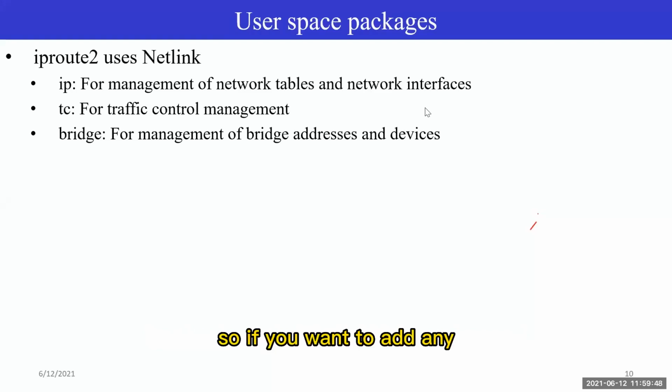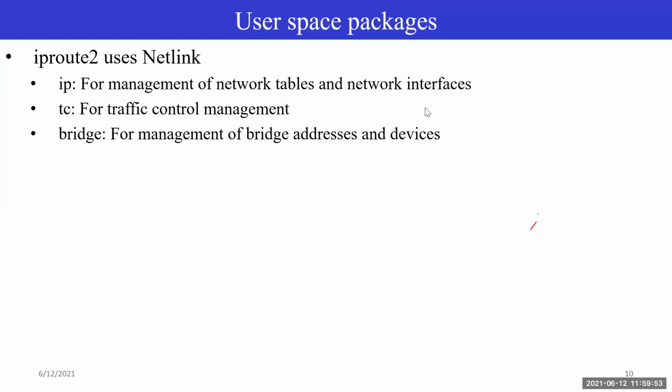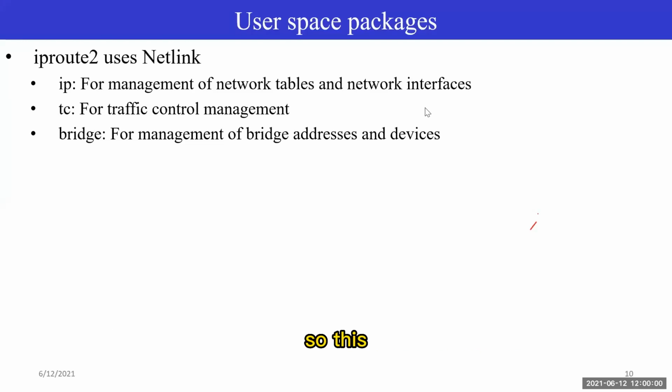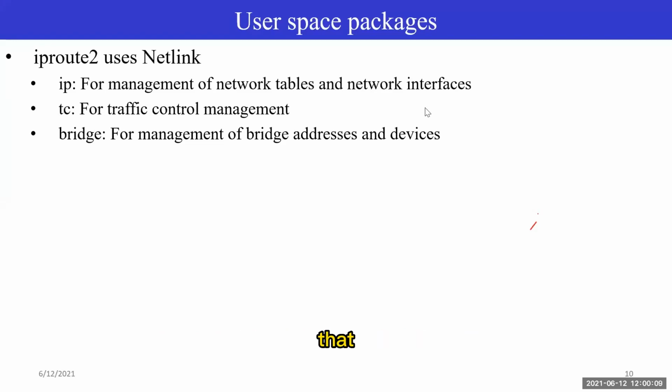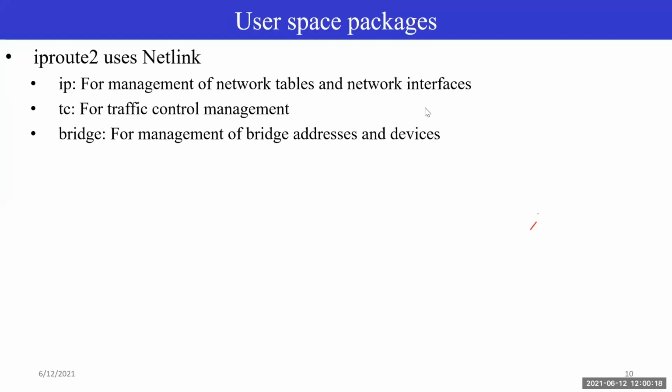If you want to create a bridge device and put your physical interfaces under that bridge, that can be achieved through this bridge command, and internally that bridge will use the Netlink socket. So definitely you must understand that there is a corresponding kernel module which is providing this bridge protocol type support. Similarly, using the ip command,